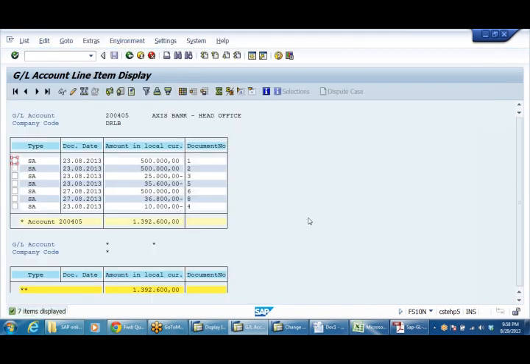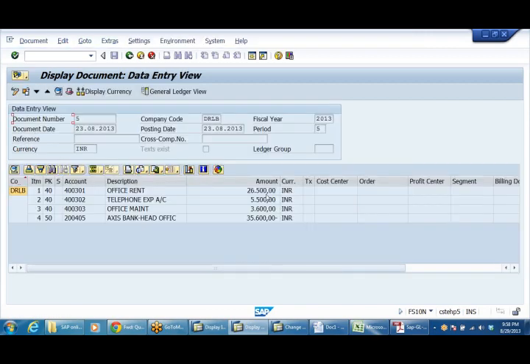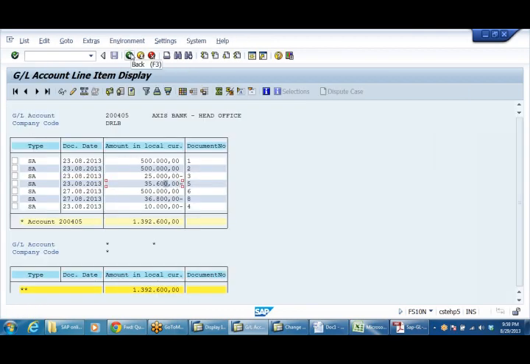You can see now debit and credit line items. If you want to see any line item, double click again. These are the entries. Come back. These are sorted in the form of document date: 23, 23, 27, 27.